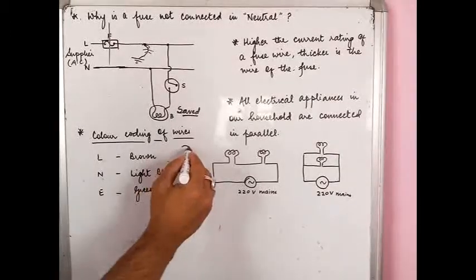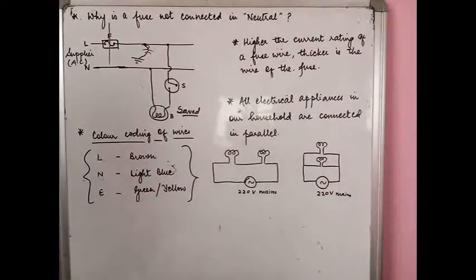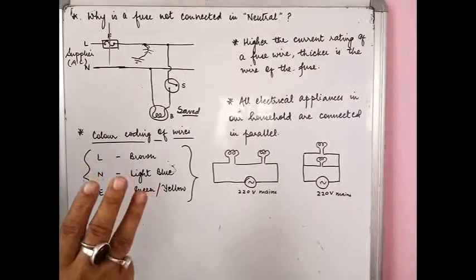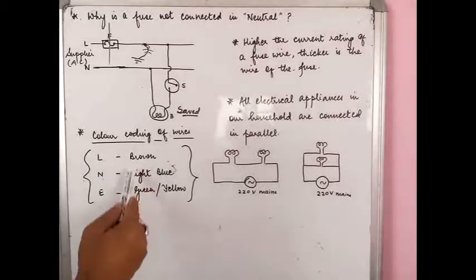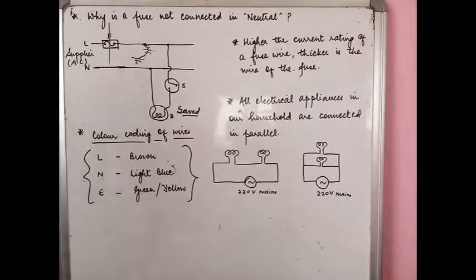Now why is this really important? This may not be so important for us in general, but for electricians and people who deal with electricity, they need to have this sign convention in mind. Whenever you go to buy an appliance, let's say a refrigerator, from the back of it you will see a thick wire coming out with thick insulation at the top. If you tear it at one end, you will find three wires inside of three different colors. That is the importance of the color coding of the wires. This is the new convention. There is an old convention also, but it's not important to study that. The latest convention has to be kept in mind.